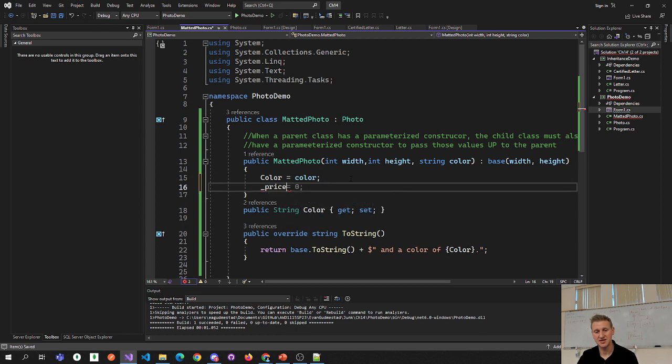I do have access to this field equals base price plus $10. So again, anytime you see base, it's going up to the parent, getting the price. That might work, that might not work. Let's check it out. I wanted to take the base price, which should be $3.99 plus 10. I think this is going to work, but